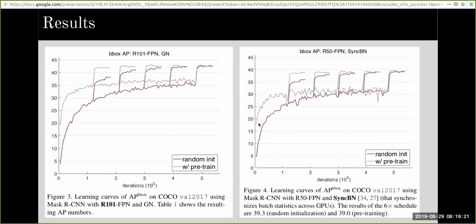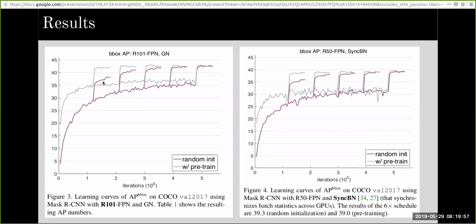In both the cases, with fine-tuning as the training methodology, the average precision starts with a value which is close to 20. Whereas when training from scratch, the model starts with an AP value of close to 5, which is pretty low. And that's expected because with a pre-trained and fine-tuning methodology, you already have a model which is trained on some data. So it gets a good start.